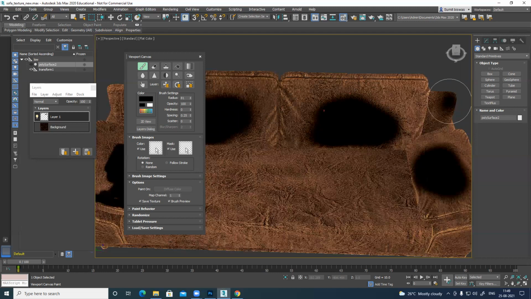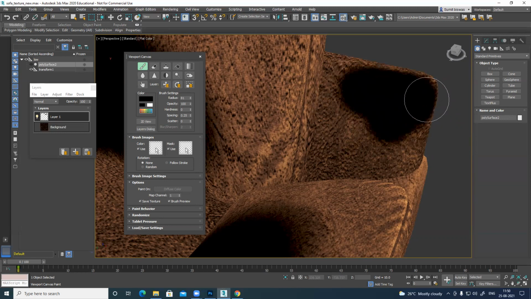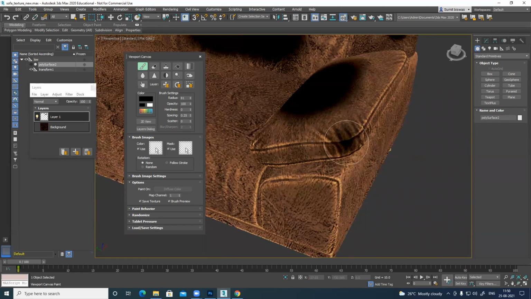Okay. Like this corner, slightly shiny and plus slightly dark in color corners.